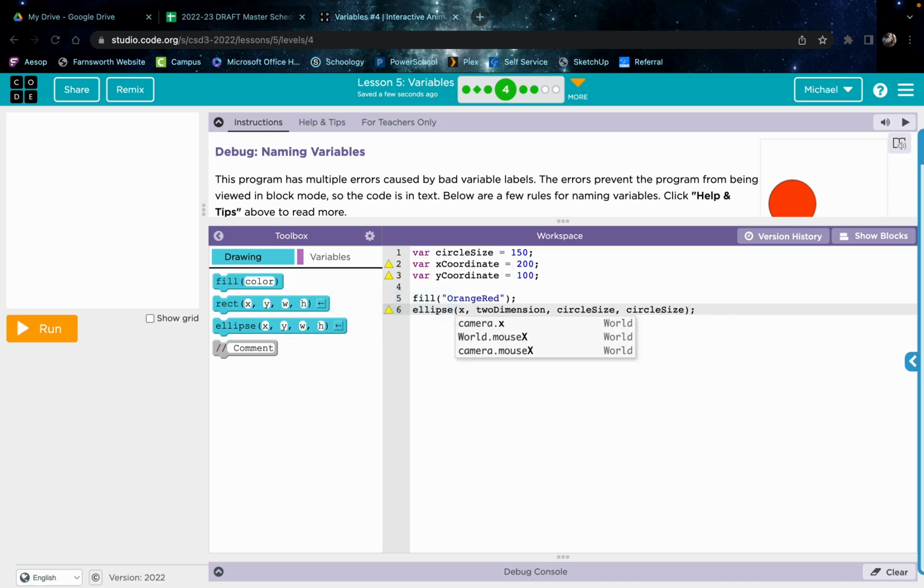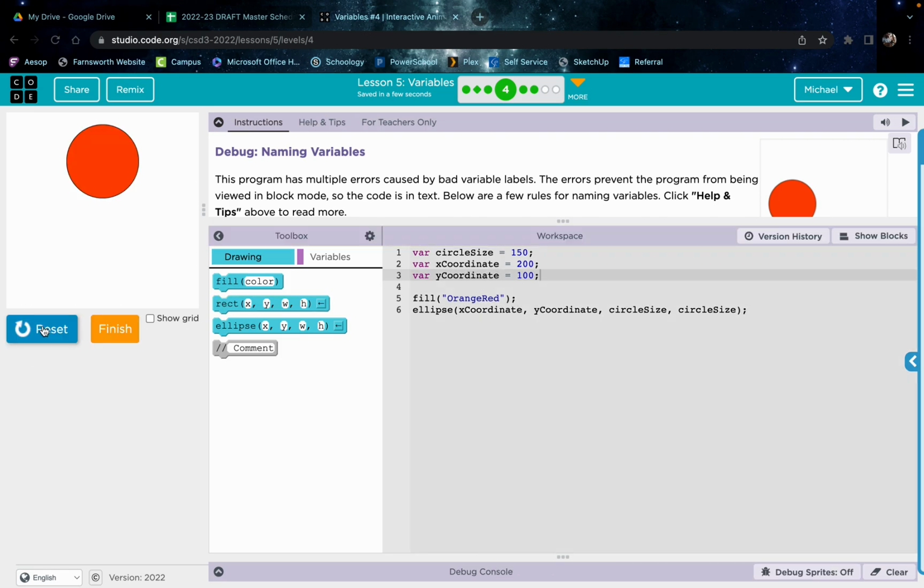you start typing in, well, I guess not. I guess if you're good at typing, I was hoping it was going to autofill for us, but we got Y. These are X coordinate, Y coordinate. I think this is the way you should do it. You could also do X location, that's fine. X value, Y value, whatever you want to use, but just follow the same pattern so that your variables make